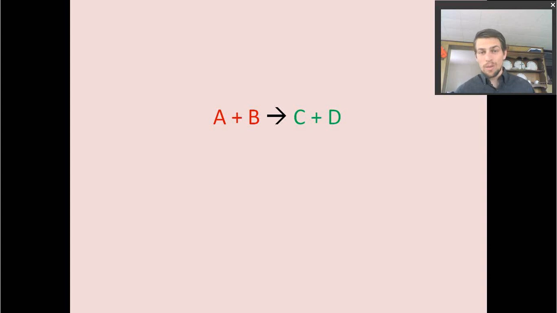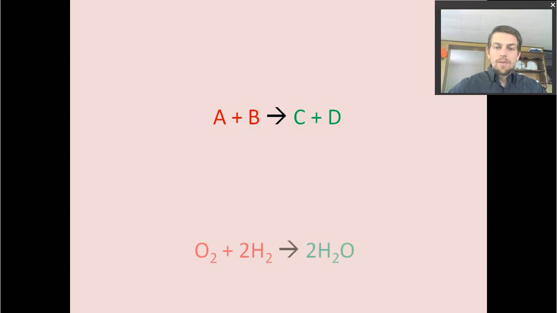So here we're starting with A plus B. Those are our two reactants. And when they react together, we are given C plus D is what we end up with. Now, I could also give you a specific formula. So here is an equation for how to make water. We're combining one oxygen molecule, so one O2, plus two hydrogen molecules, so two H2, and we're getting two water